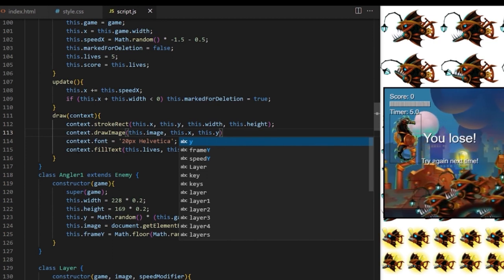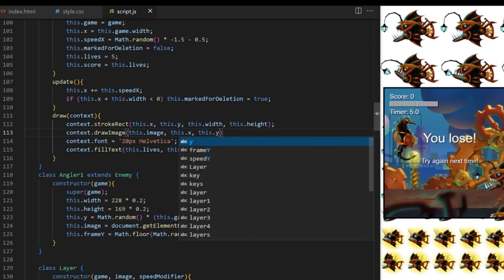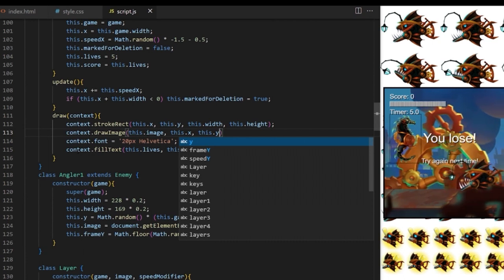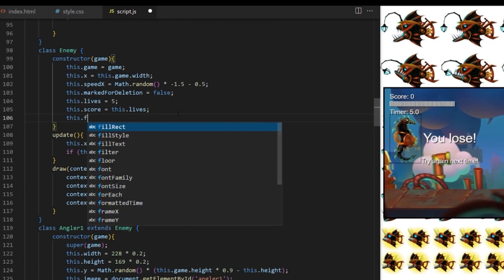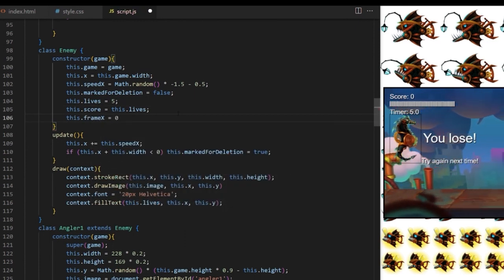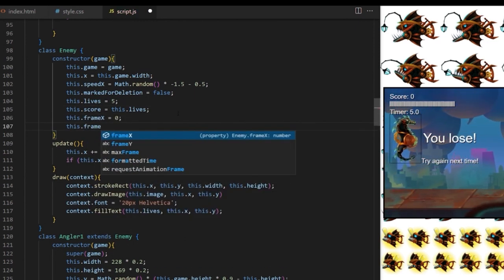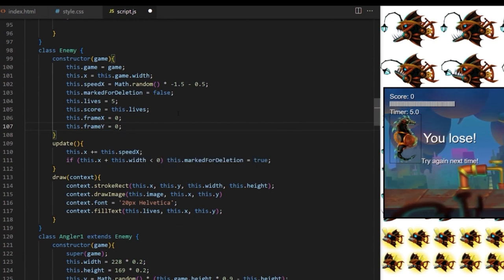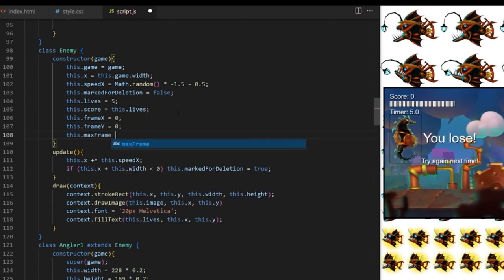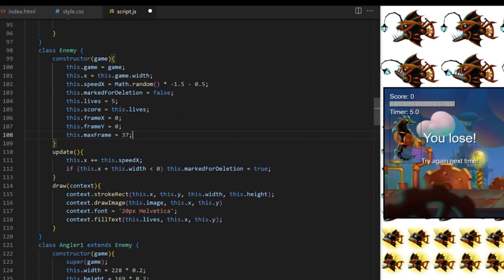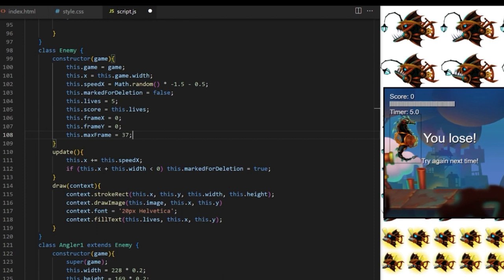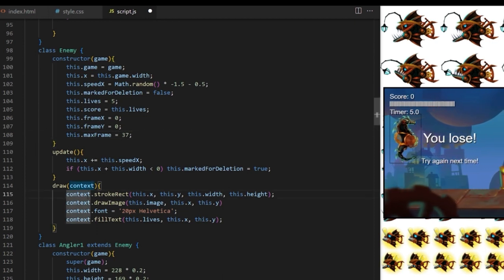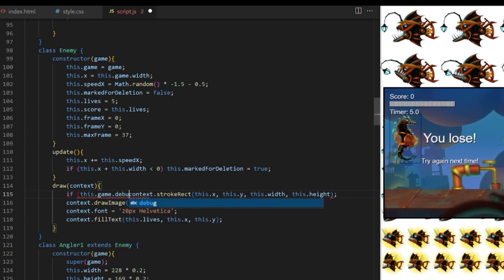If I just pass it x and y coordinates, it will draw the entire big sprite sheet with all frames and all rows. I declare frame x that will help us to navigate in the sprite sheet horizontally. Frame y will navigate vertically. Max frame will be the maximum horizontal frame, which is 37 for this particular sprite sheet. I only want to draw enemy hitboxes when debug mode is active, so this line will run only if this.game.debug